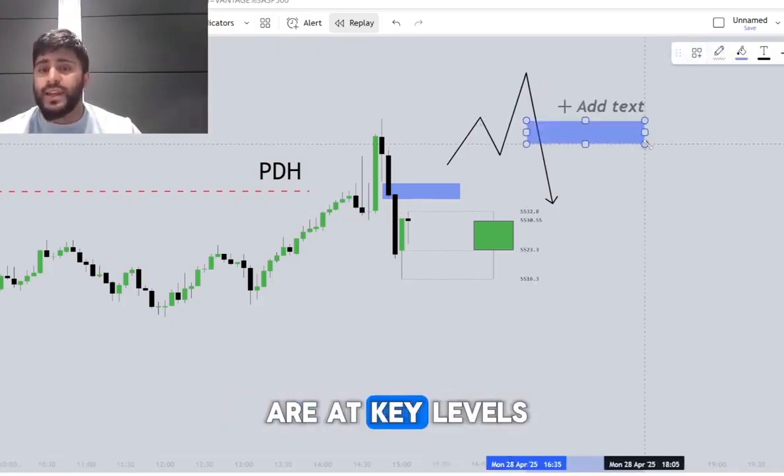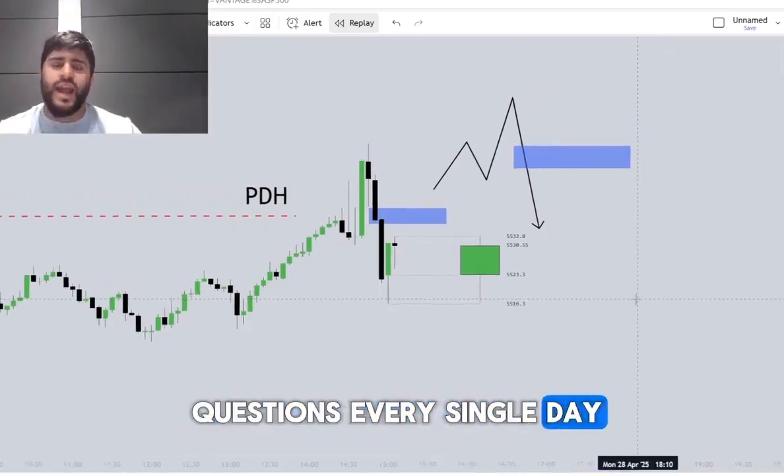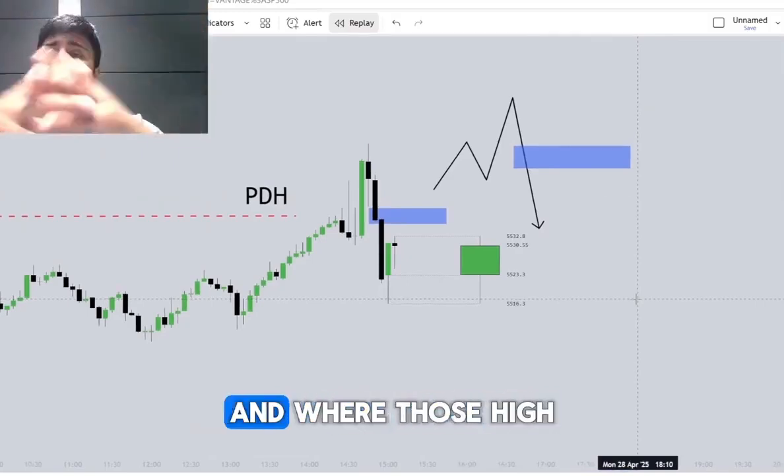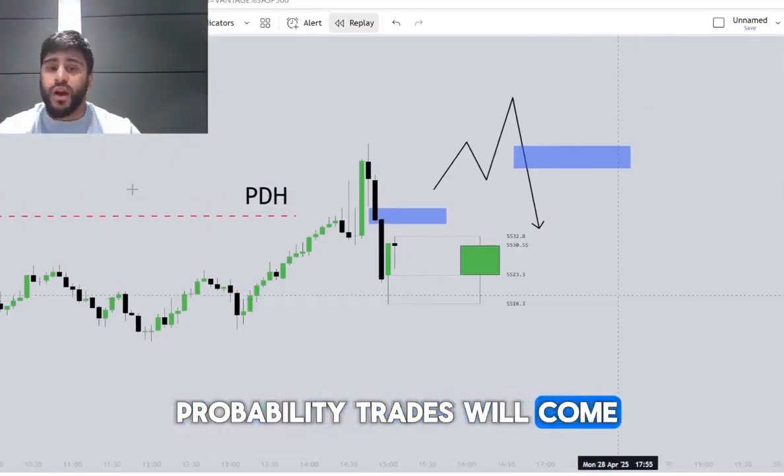All of my trades are at key levels, and I often get questions every single day. How do I form my supply zones? How do I form my demand zones? How do I know where to trade from and where those high probability trades will come? Well, it's